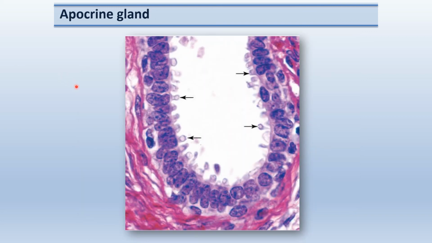This picture shows the apocrine glands. The apocrine glands are characterized by extrusion of a secretion product along with a bit of apical cytoplasm enclosed within a small amount of plasma membrane, and this is quickly lost after separation from the secretory cells.